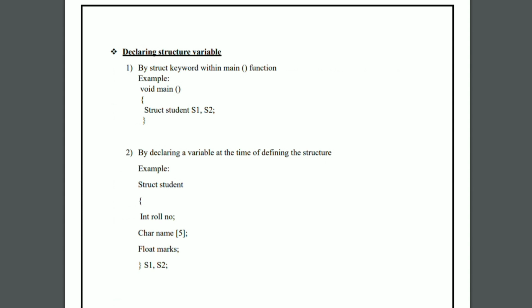Declaring structure variable. There are two methods to declare a structure variable. First, by the struct keyword within the main function. Example: void main() { struct student s1, s2; }. Second, by declaring a variable at the time of defining the structure. Example: struct student { int rollnumber; char name[size]; float marks; } s1, s2;